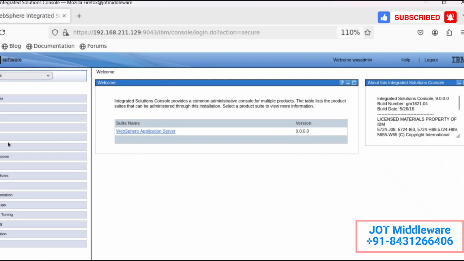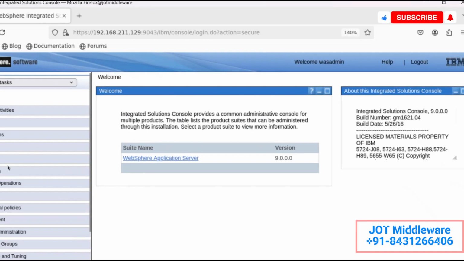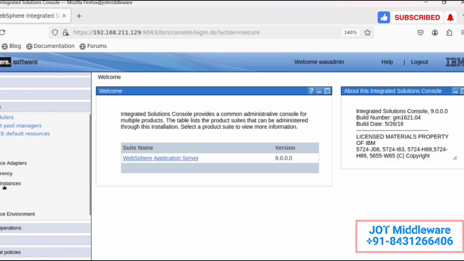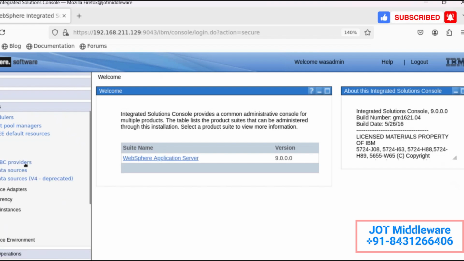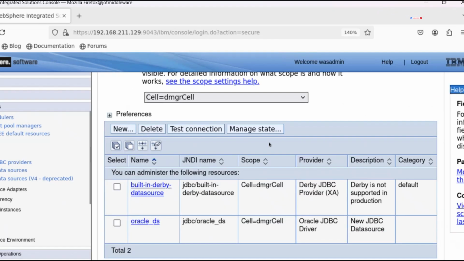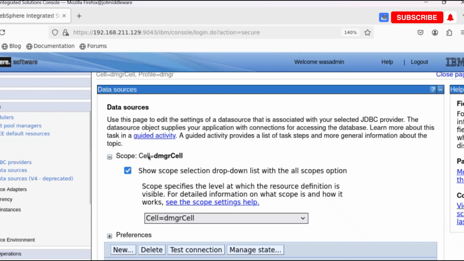And so how we create a data source is actually, it is a resource. So under resources, you will see JMS, JDBC, resource adapters, cache instances, mail server, and different kinds of resources that can be created. Under JDBC, there are two things. One is JDBC provider, and the other one is data sources. So click on the data source, and there will be scope. So under this scope,